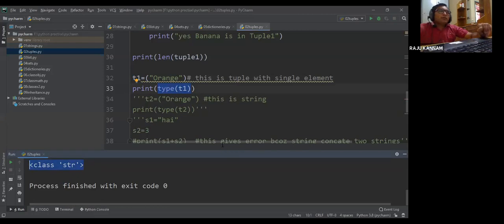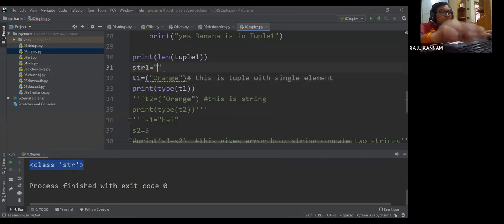That means when you use the normal brackets, it doesn't indicate that you are declaring a tuple. A string can also be declared with normal brackets. Normally, how do we write a string? We write it like this: str1 equals orange.